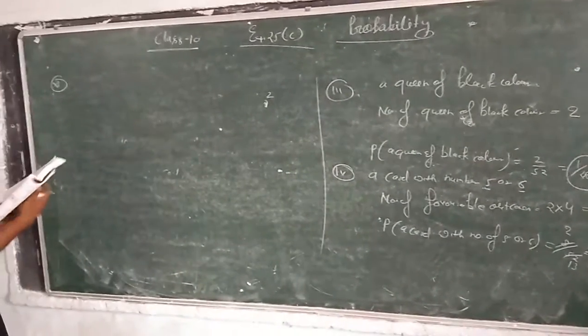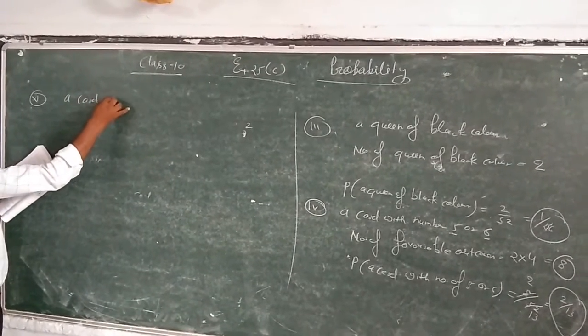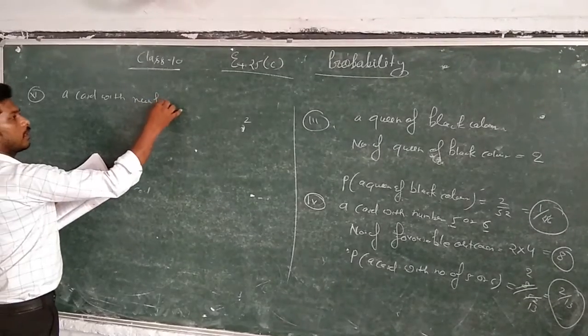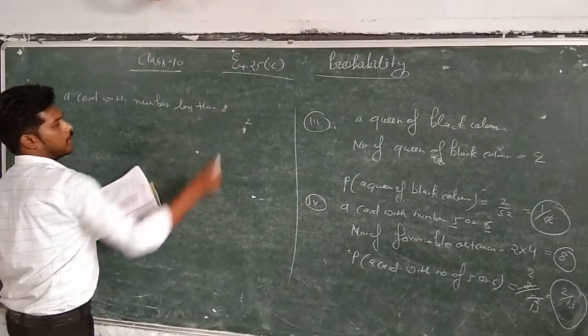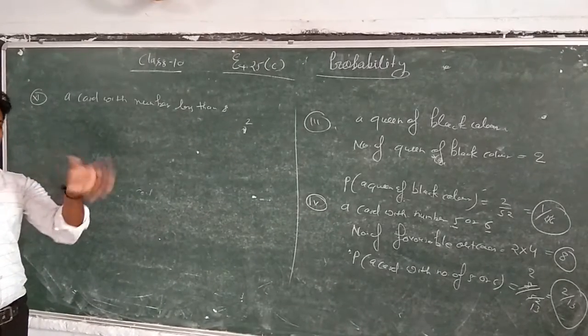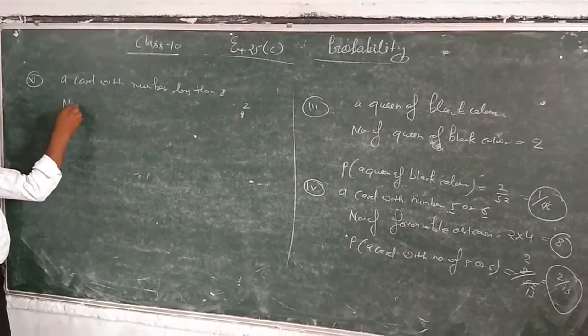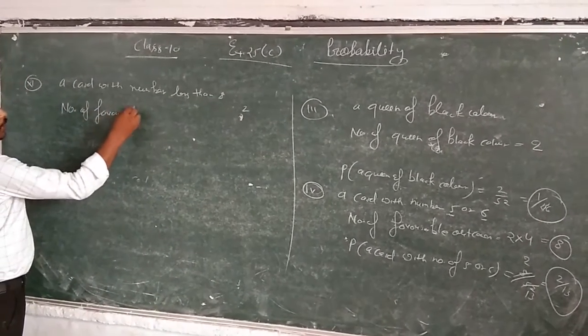Now the fifth point is a card with number less than 8. There are 7 numbers less than 8 in every group of 13 cards. So if you have to find the number of favorable outcomes directly,